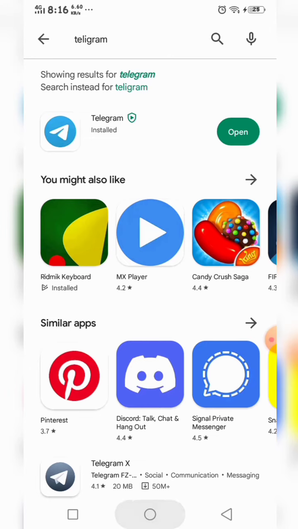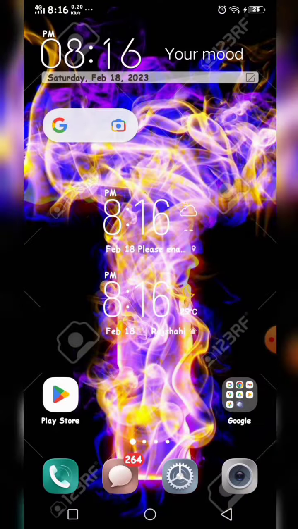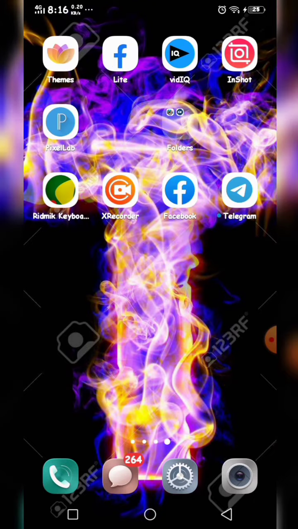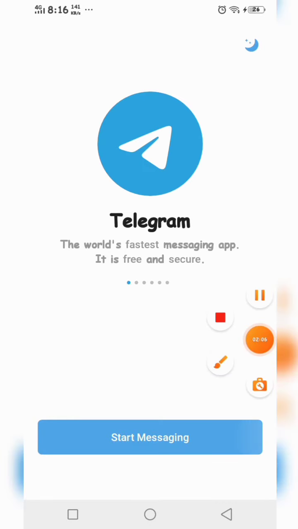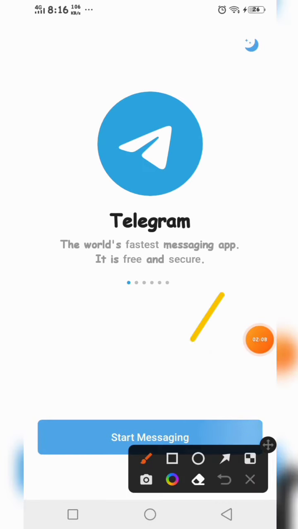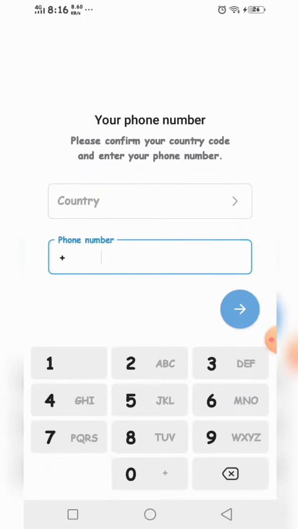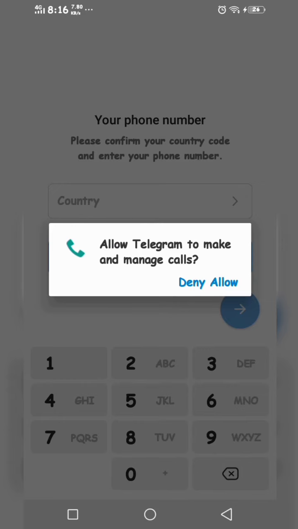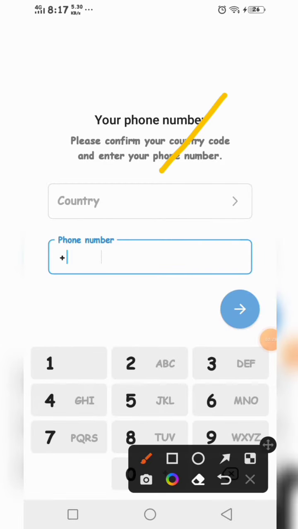Now go to your phone display and click on Telegram and click on start messaging and click on the allow option and select your country